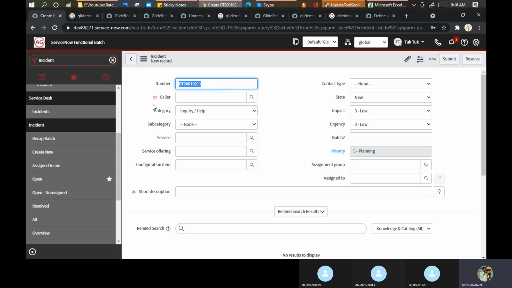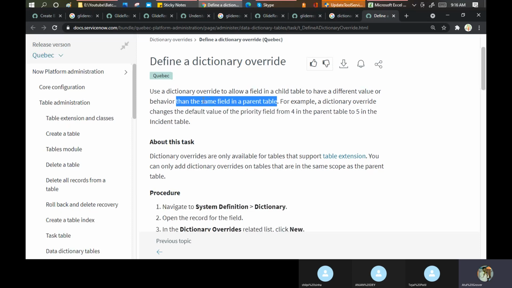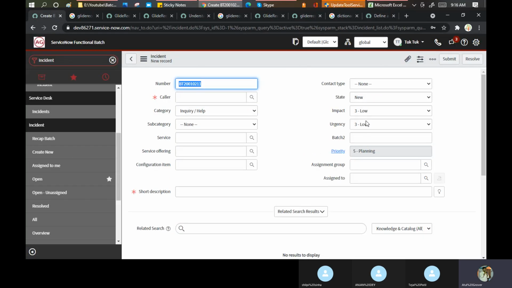But now in my case, I don't want this to be mandatory. Then how can I make it so? By the dictionary override. That is the purpose of the dictionary override here. If you want to make a change, suppose now you see this. By default, impact and urgency are coming as 3 and 3, right? Yes or no? Yes, sir.